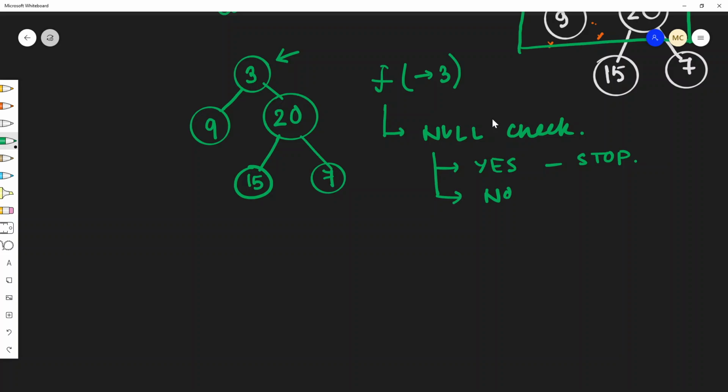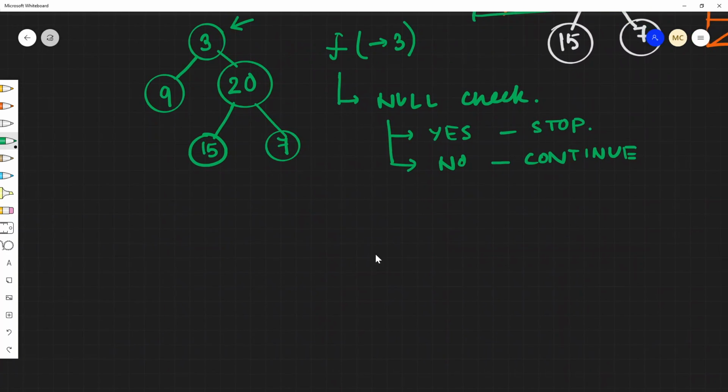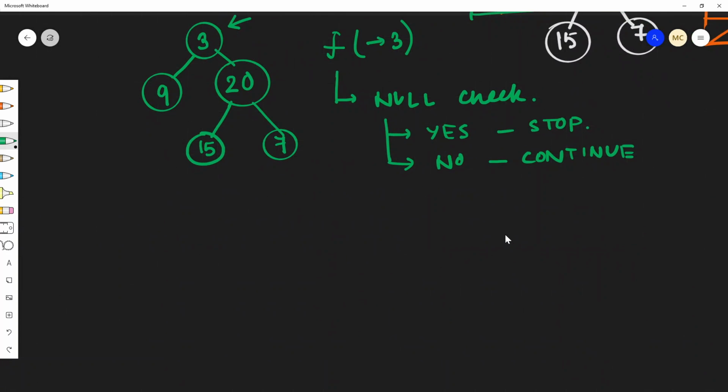Otherwise, if it's not null, then you will continue processing. We'll see that in detail in code, and that will be better explained there. That's the first step that you have to do in that function. The next step you have to do is